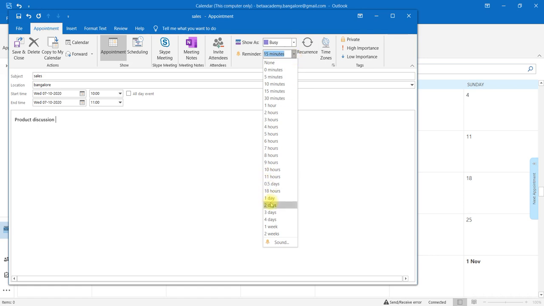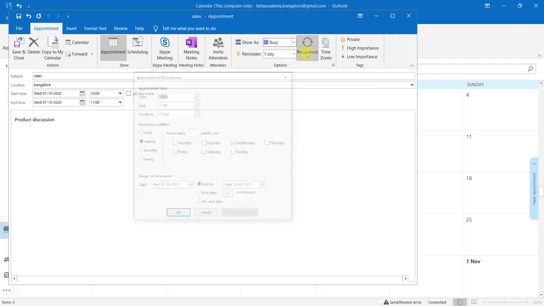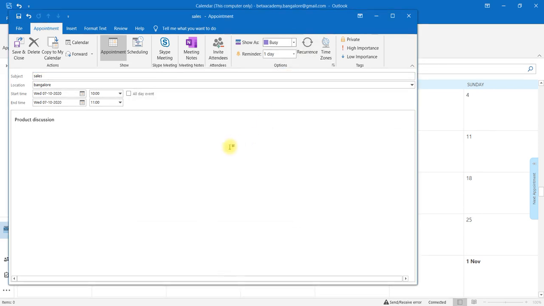We can say 1 day before, remind us about this appointment. Then if it's a repeating appointment, you can select recurrence and change it to a weekly basis or daily basis. And if this appointment is highly important, then make it a high priority appointment.